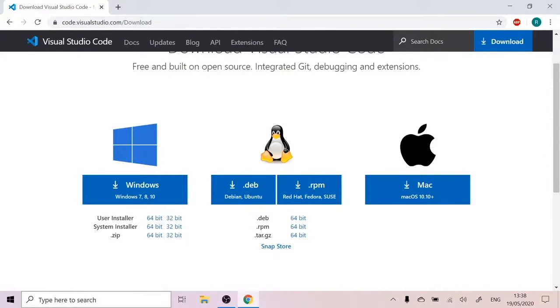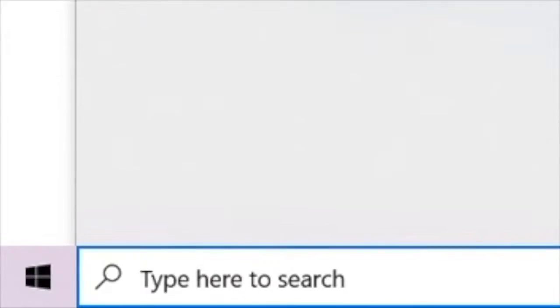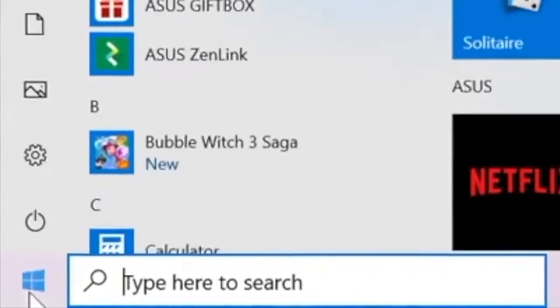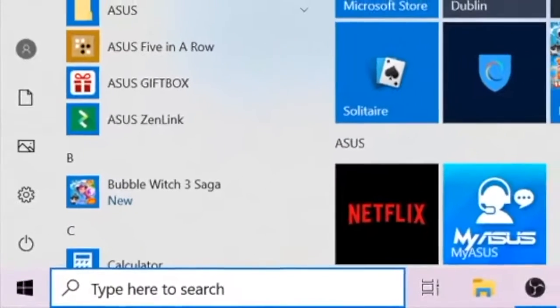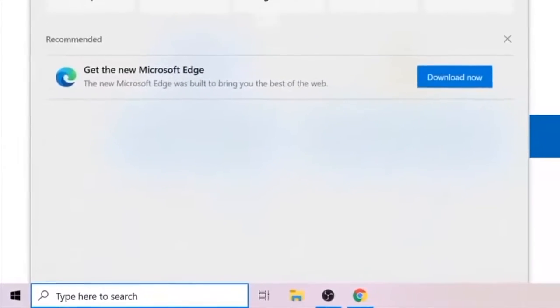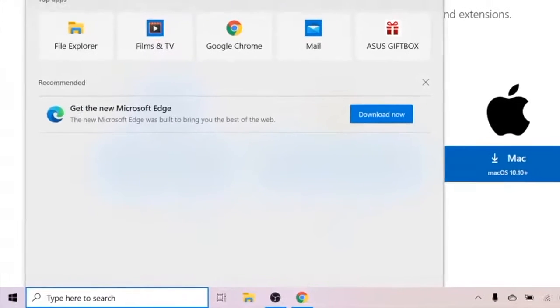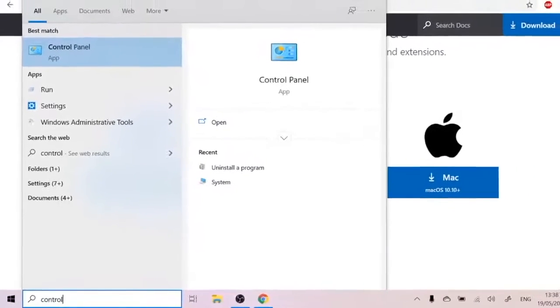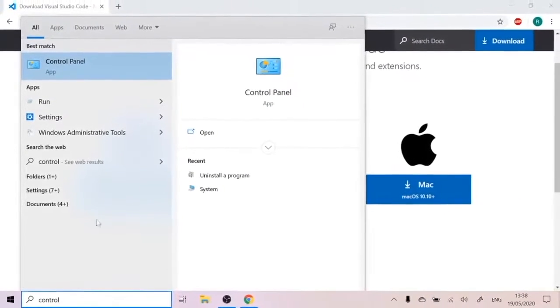search bar. So some of you might have a search bar here. You can also hit this little Windows icon and a search bar will come up, and what we need to go to is control panel. It's called control panel. So you can see there, control panel. This is the one that we're going to go to,